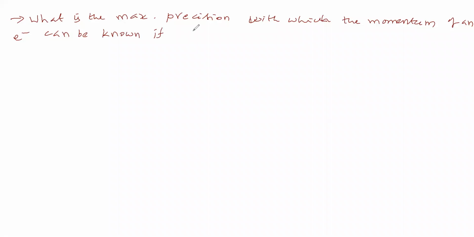if the uncertainty in the position of electron is plus or minus 0.001 angstrom. Will be any problem in describing